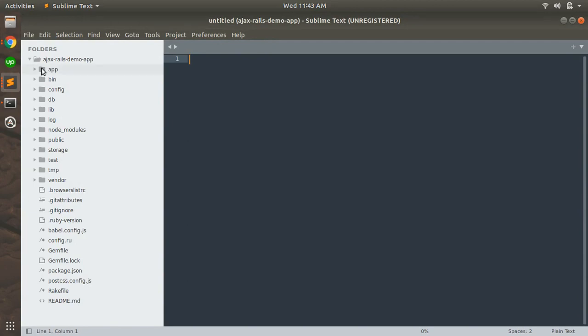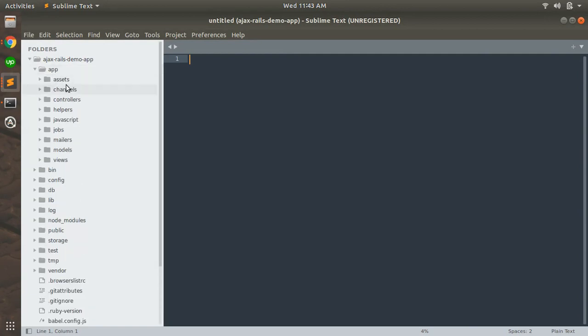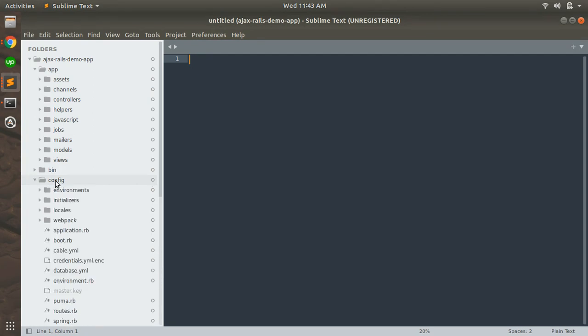So you can see here, this is the app folder where all of our controller, JavaScript, model, mailers, views, channels, and helpers code will be. And the next important part that we need to touch in this part is config.